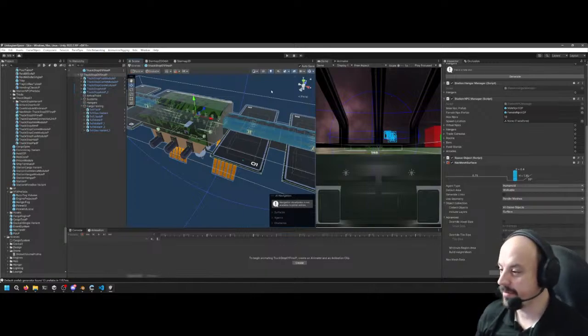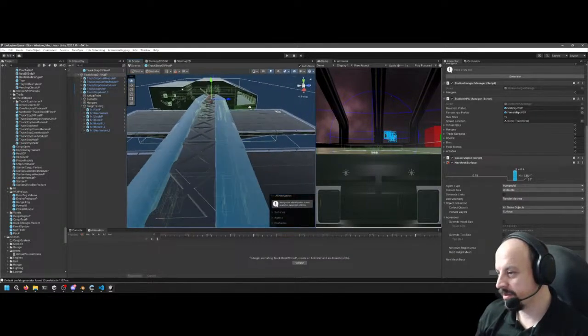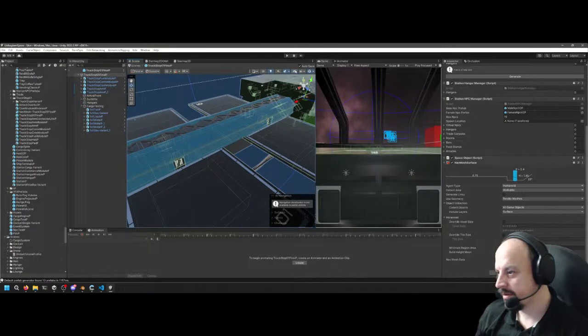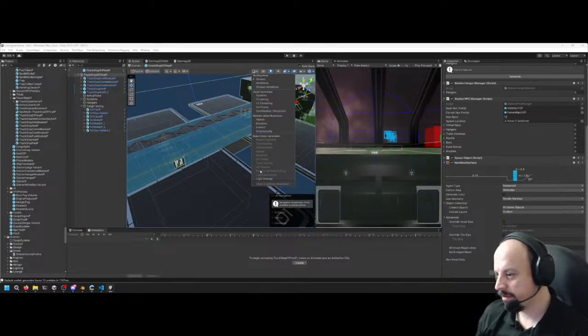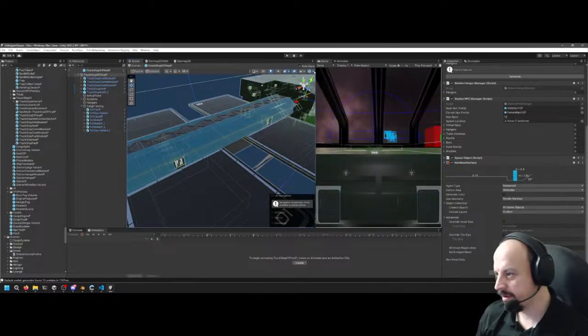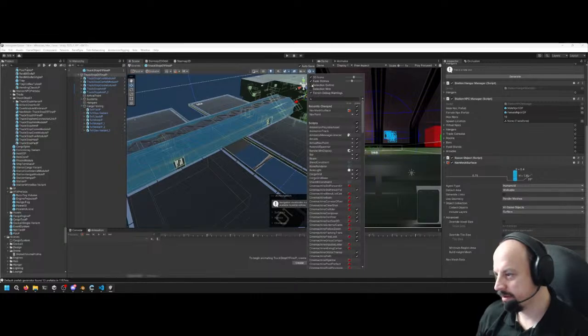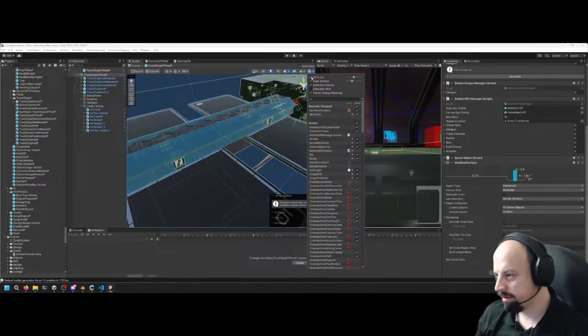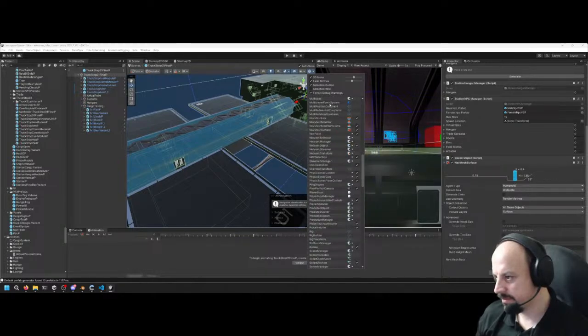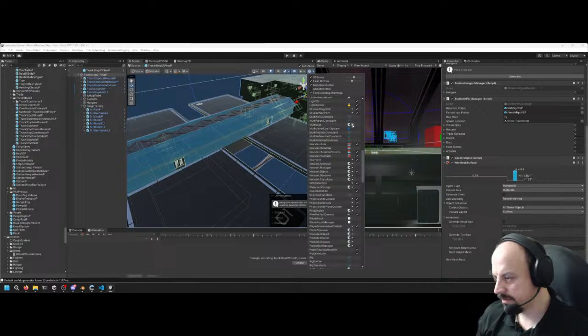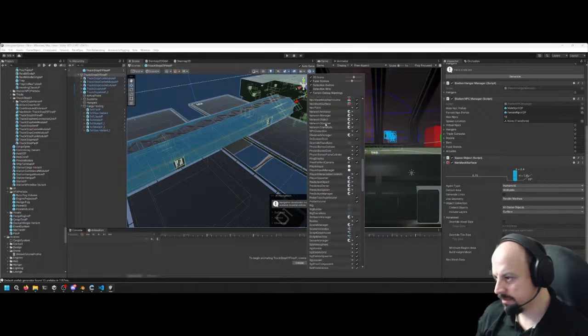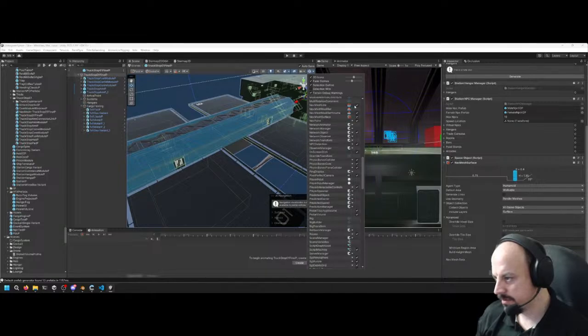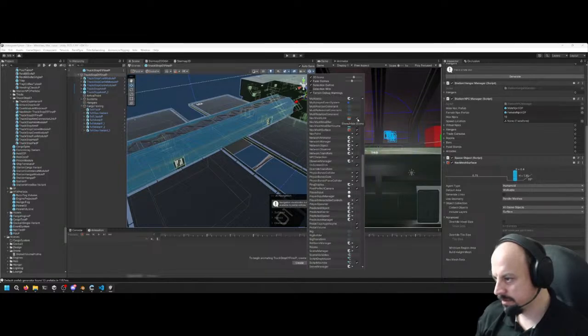Because look, we have the nav mesh bands. Why don't we visually see them? What did they change?